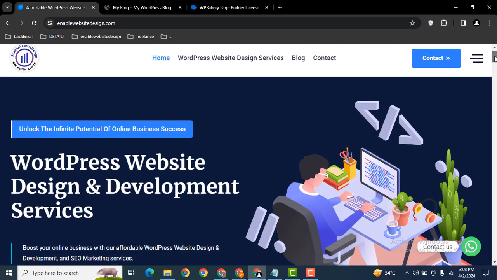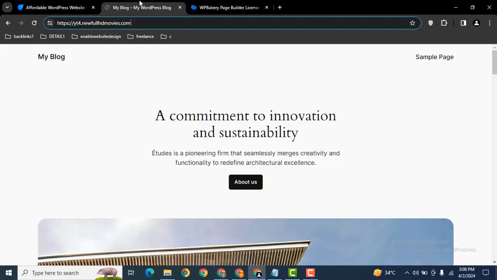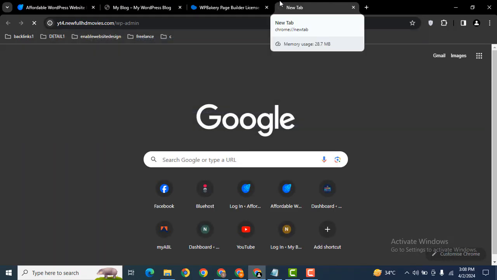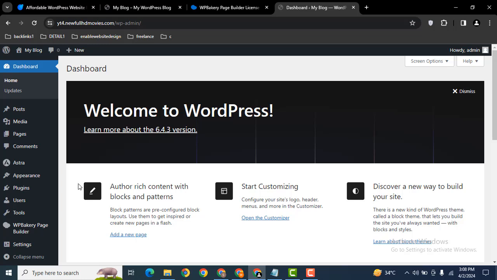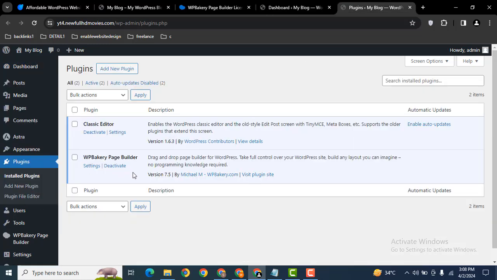In this video we are going to discuss how you can use the toggle container element in a WPBakery WordPress website. So let me log in to my demo website, and after that let me go to the dashboard, in the plugin section, and here you can see I have